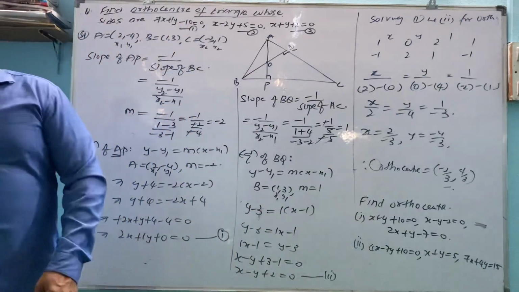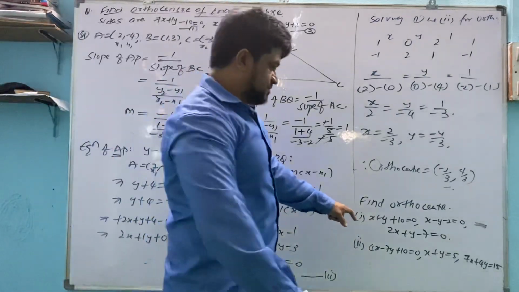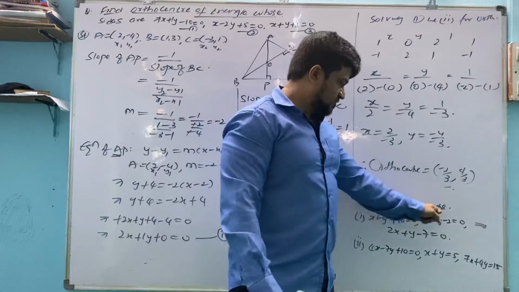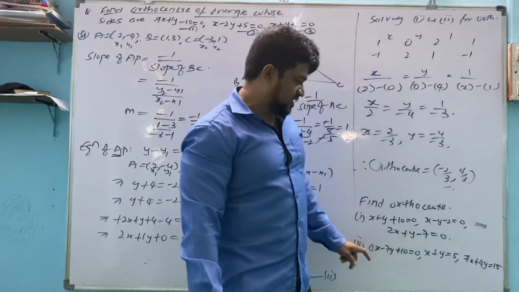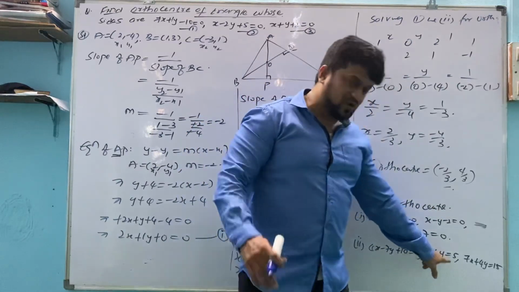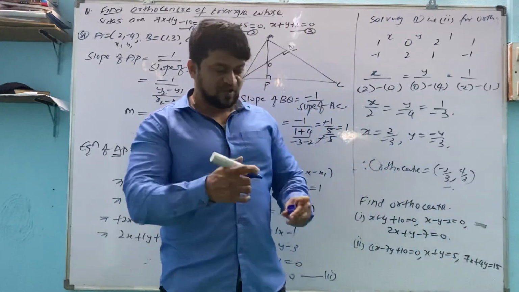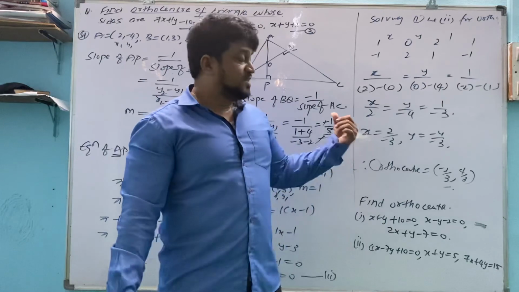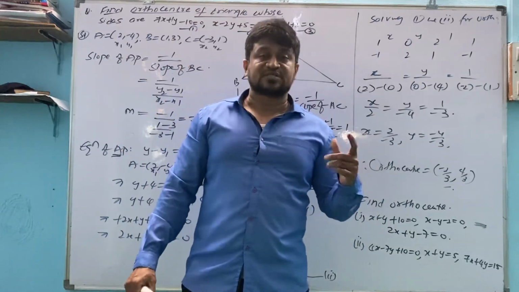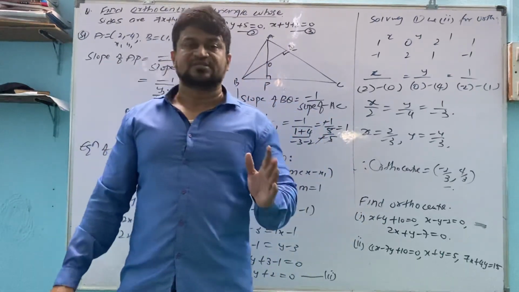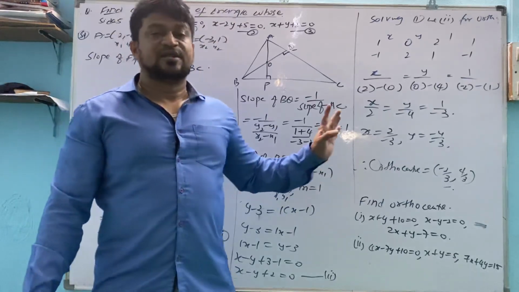So to find the orthocenter of these three, what do we have to do? Solve 1 and 2, 2 and 3, 1 and 3 to get the values of A, B, C. For these equations, where equal to 5 is there, the 5 should be taken to the left side and becomes minus 5, and 15 you have to take to the left side. This one you will get in the final exam for 7 marks. So you need to prepare in such a way that you can't make any mistakes in this.